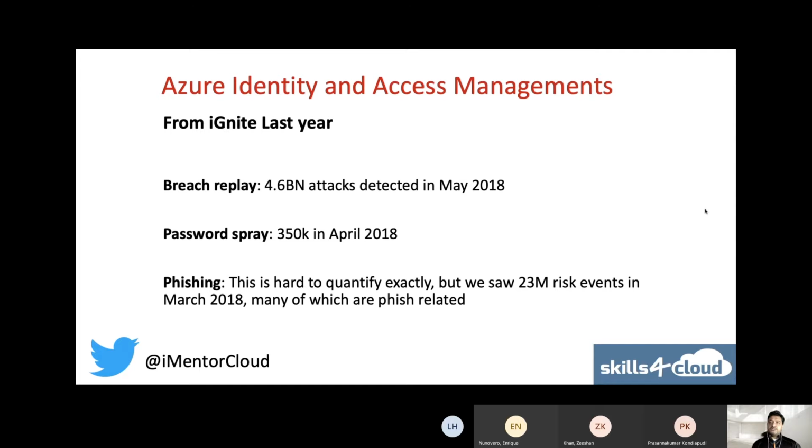Unfortunately, we are not going to have this year because of COVID-19. So they had detected billions of attacks, 4.6 billion attacks in May, including password spray attacks and phishing attacks. Why am I telling you this? Because you need to understand, it's not just about going and learning the tool. You need to understand the ecosystem, how these things work, where it's coming from. It's very important to have some big background and knowledge around that area, and that's why it makes a more solid case.